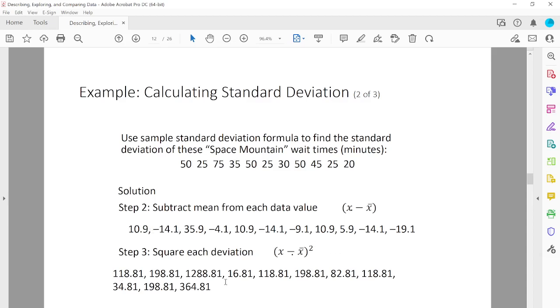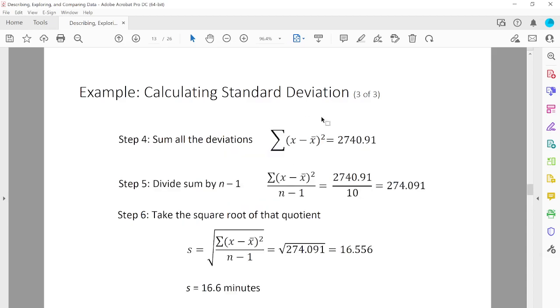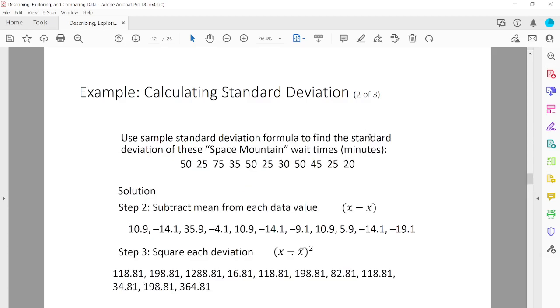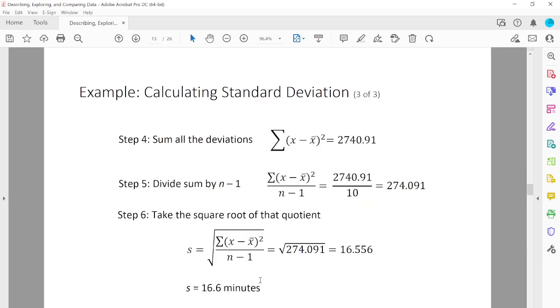So this is the square, and finally we need to add all these squares. These are the squares, and now you need to add them all. Sigma means the addition of all these differences, the square of the differences, and this is the summation. And now we need to divide it by n minus 1. In this case n is 11, so n minus 1 is 10. So that's the value, and for finding the standard deviation we have to take the square root of this value,